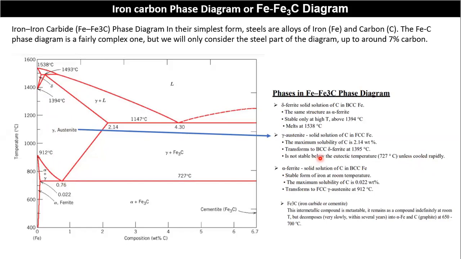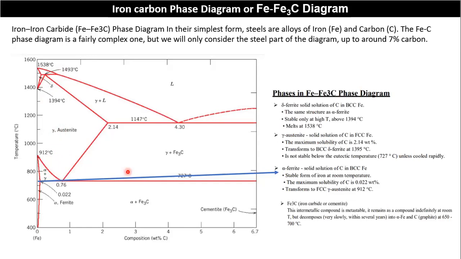Now, the third one, alpha ferrite, very very important. Alpha ferrite is also a solid solution of carbon in BCC ferrite. So initially the BCC structure is converted into FCC. Again the FCC structure is converted into BCC structure. So here the allotropic process is applied again. Initially, one step of the allotropic process is applied. Again, the second step is also an allotropic process.